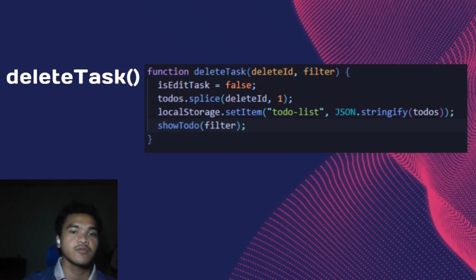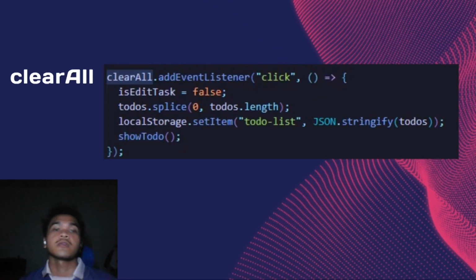The process concludes by invoking showToDo with the specified filter, refreshing the user interface to provide users with real-time updates and accurate task representation, ensuring a responsive and cohesive to-do list interaction. Okay, next is the clear all button. The clear all button is typically used when a user wants to remove all the tasks from their to-do list at once. When triggered by a click event called clearAllButton,